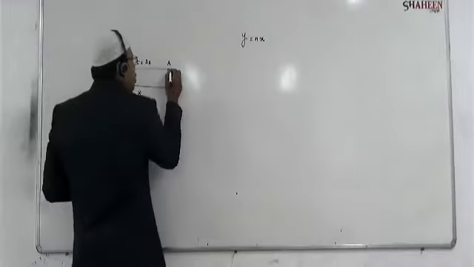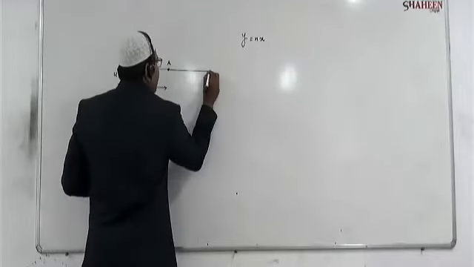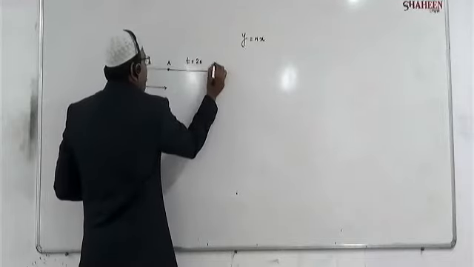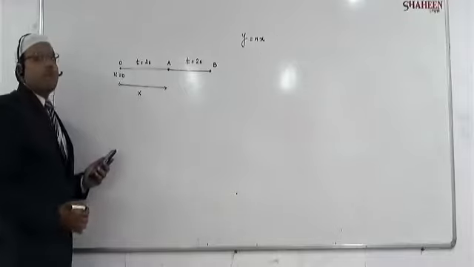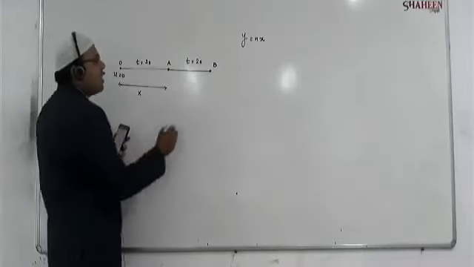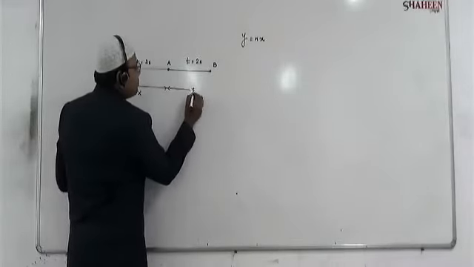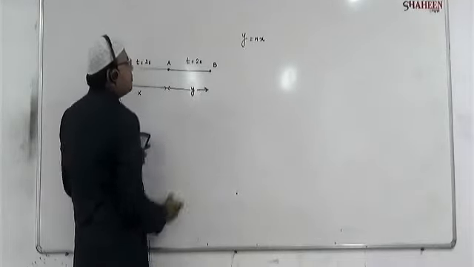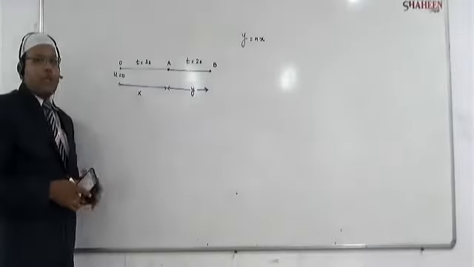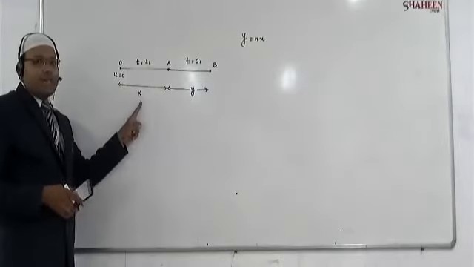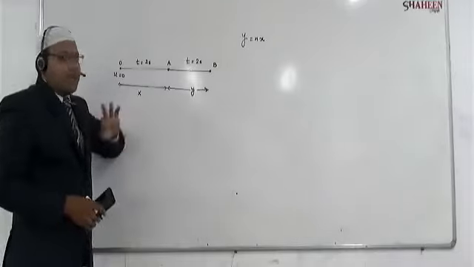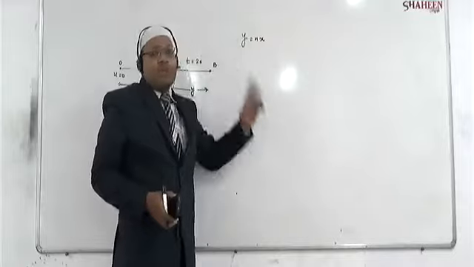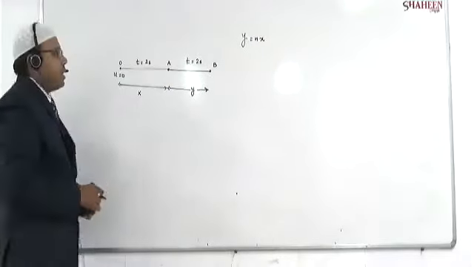Next, in the next 2 seconds, from here again, t is equal to 2 seconds, that is the point B. What are we getting? y. I hope it is clear. In the first 2 seconds, it travels a distance x. In the next 2 seconds, it travels a distance y. Then this is the relation given, and we have to find the value of n. Let us find the relation first.